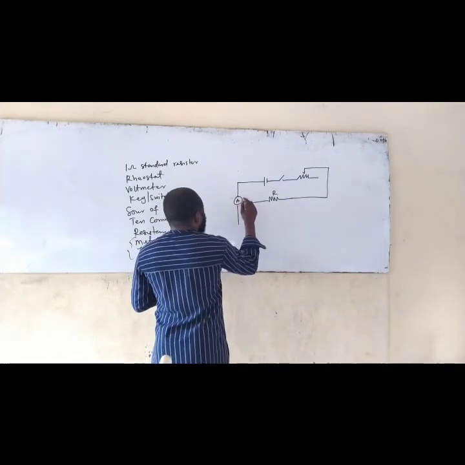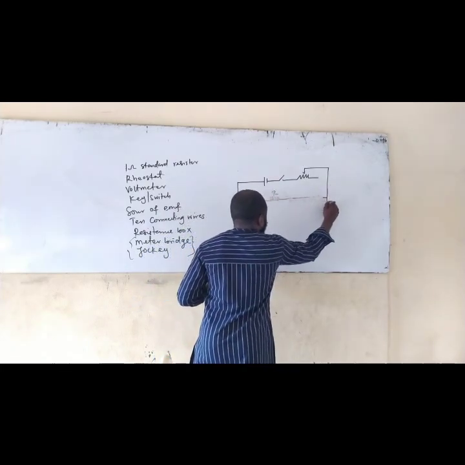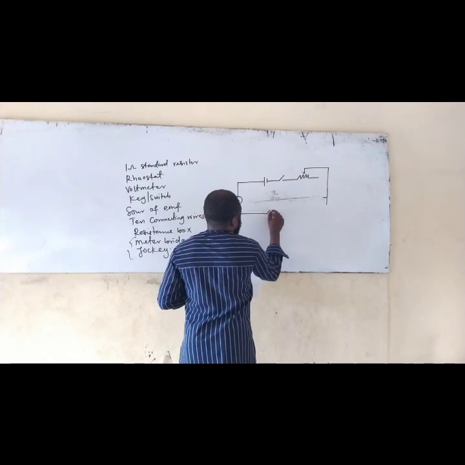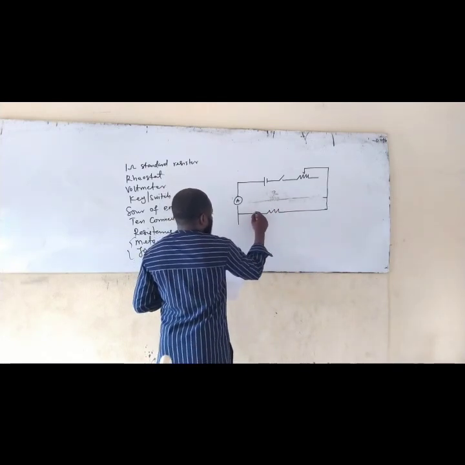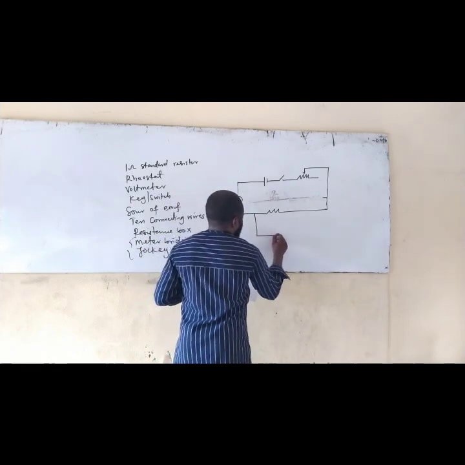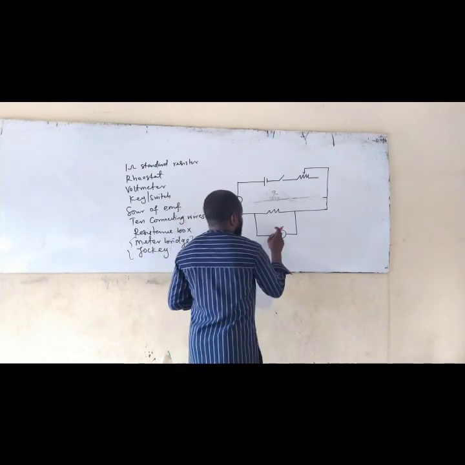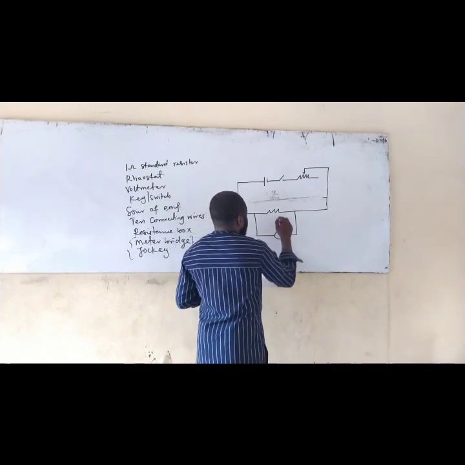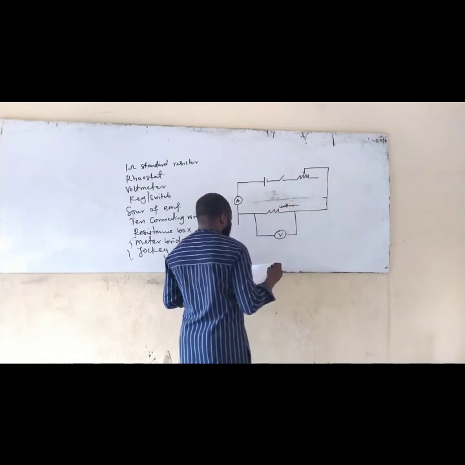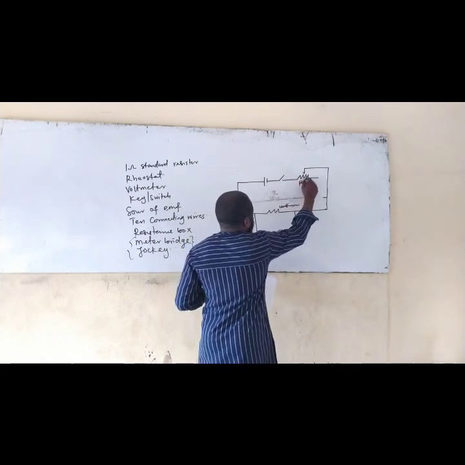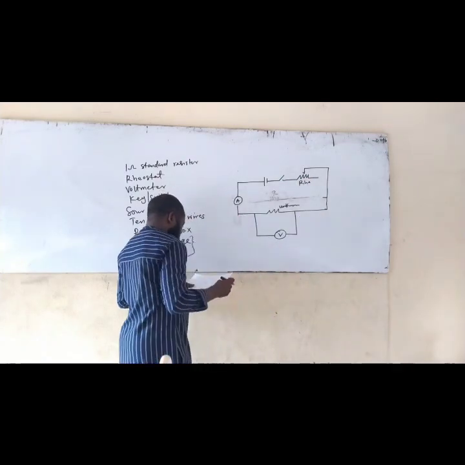Okay, so if this is what I have, I need to take this diagram down a bit. So take this down a bit. Okay, so I have this. All right, so here I'm going to have my voltmeter because it has to be in what? In parallel. Then this is unknown resistance, or you call it resistance box, and this is what? Rheostat. Now watch, this one is no longer here.